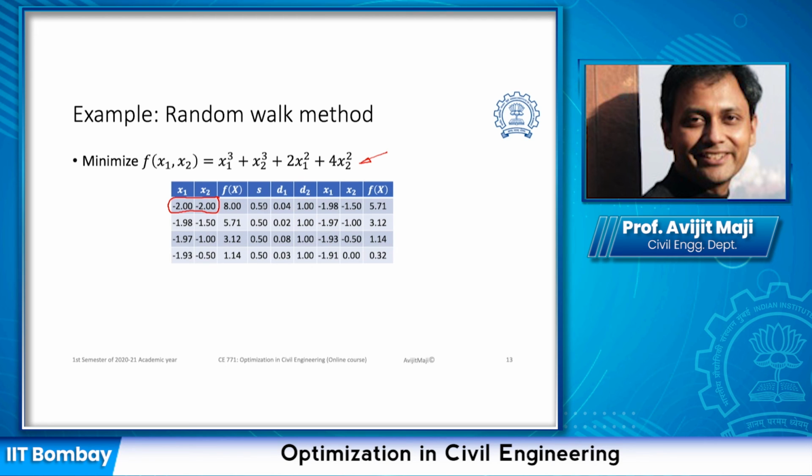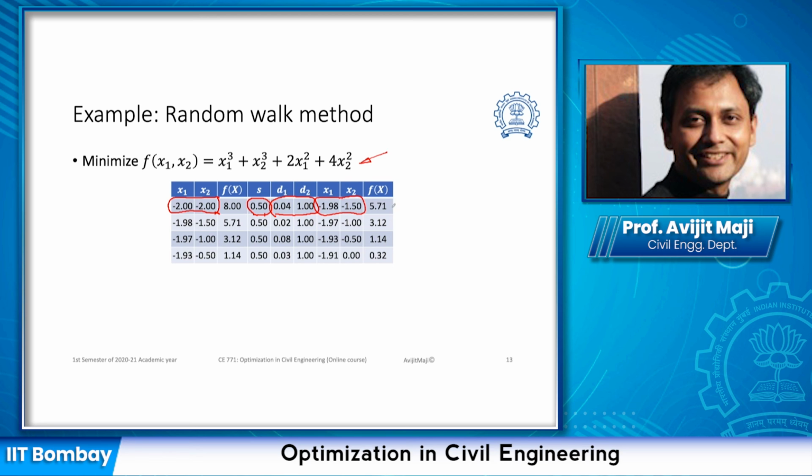Then in this particular problem we set the initial step size of 0.5, and then we evaluated a random direction which met all the conditions and found this is one of the random directions. So using this random direction and this particular step size, this point can be represented as this,